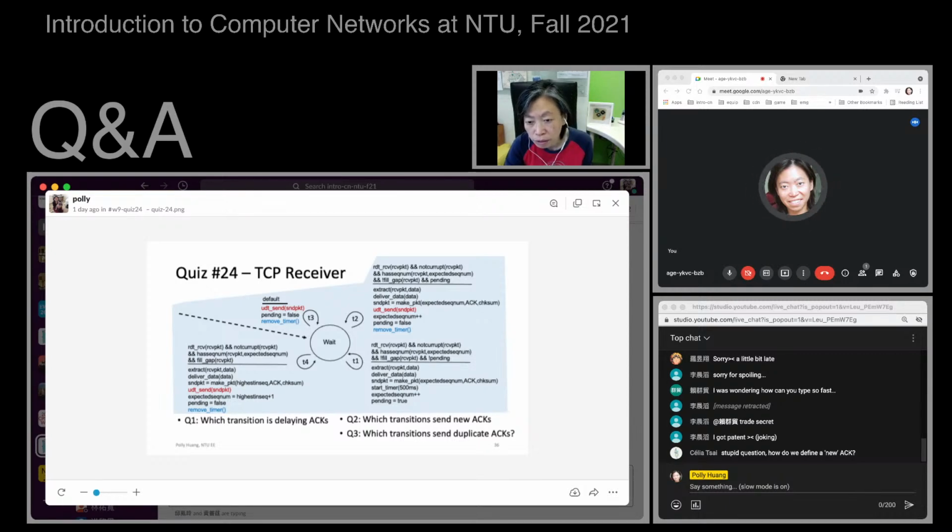T1, T2, and T3 are all packets arriving as expected. Therefore, an out-of-order packet will definitely trigger T3. So T3 there is the one generating the duplicate ACKs, and the only transition generating the duplicate ACKs.